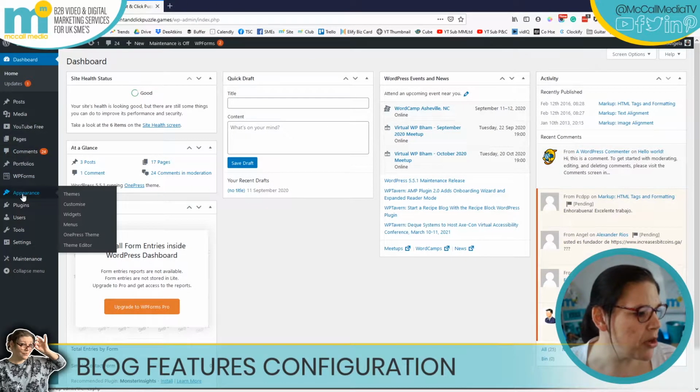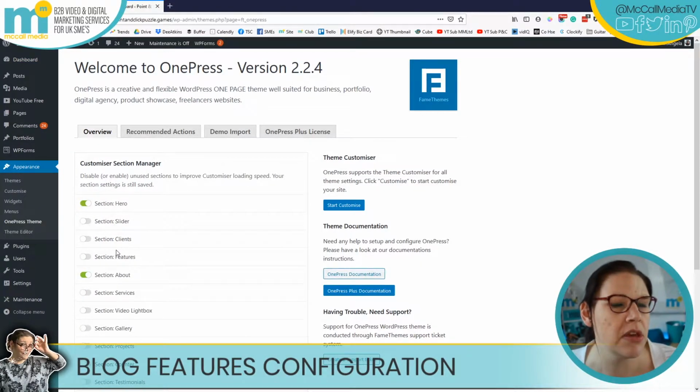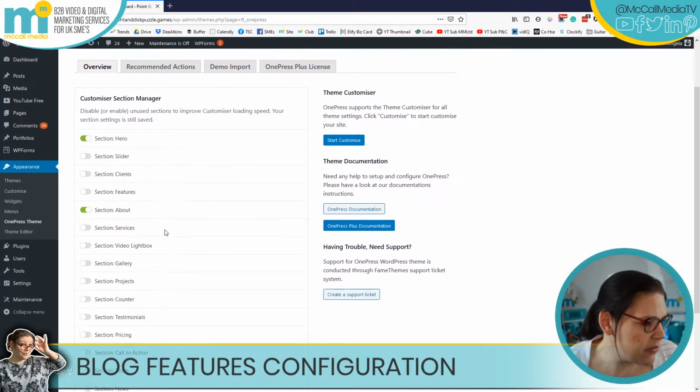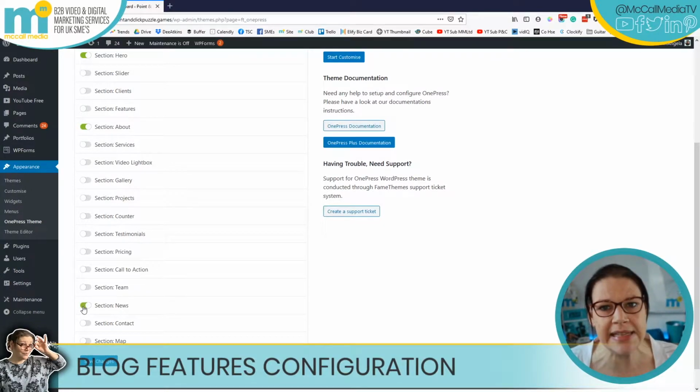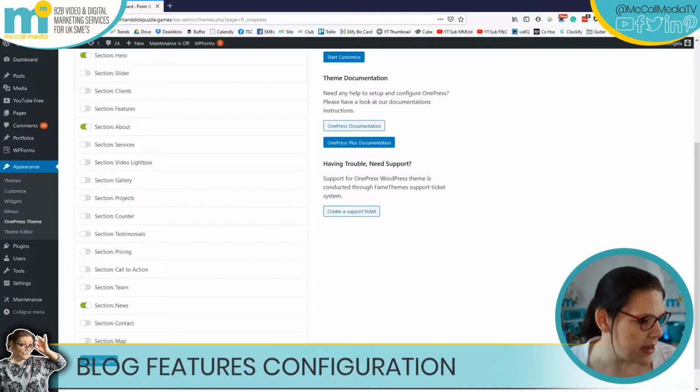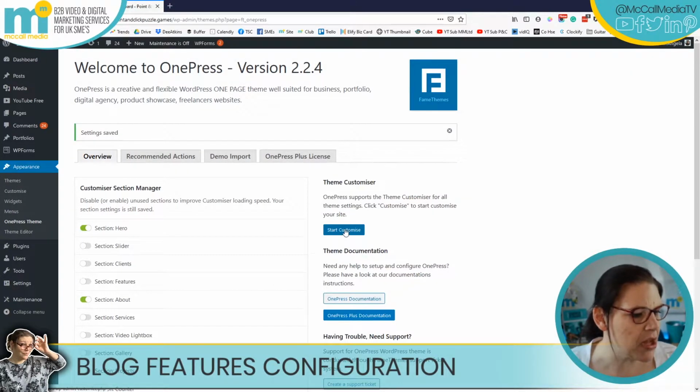Okay, so we're going to come on over down here where it says our WordPress theme. We have touched on this in the previous tutorials, so I'm presuming you know where we are going with this. But if we slide on down here somewhere in this particular theme section, it's called news. News is our blog article. So I'm going to turn on that section, and I'm going to save,